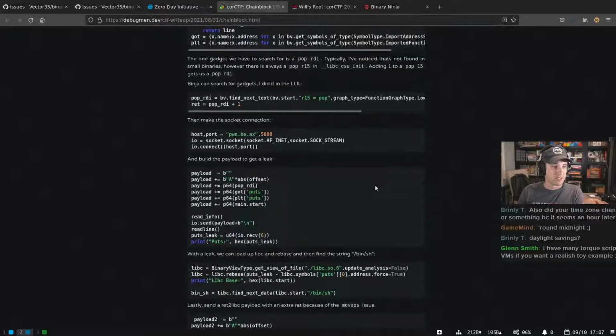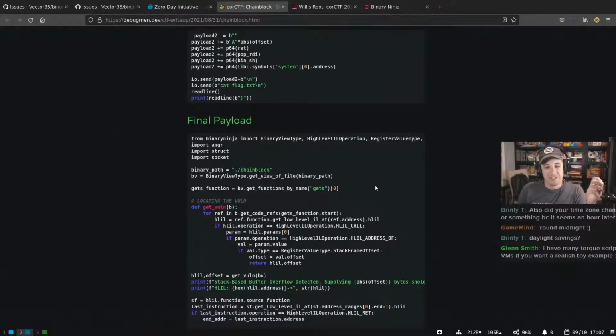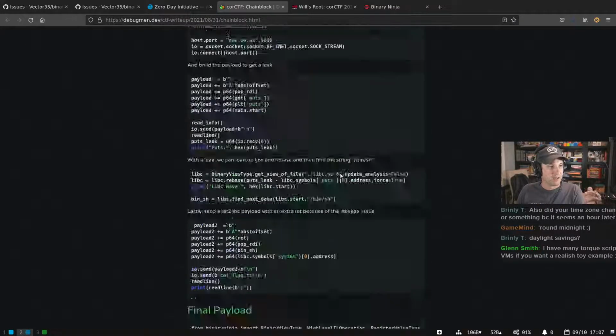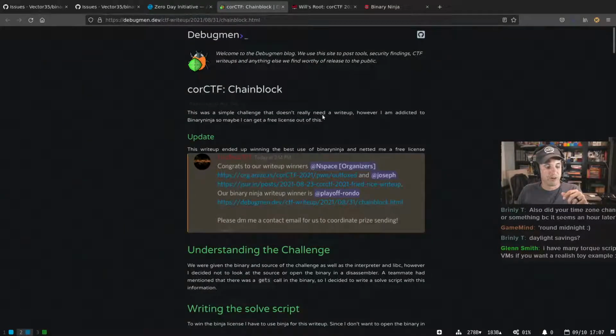So it's a really nice write up of, and the entry level explanation is the challenge is not hard. You could just sort of do it by hand, but it's a neat story of how you would integrate these tools together. And I agree, I think it was a nice write up. And in fact, they won a free license for Binary Ninja, as we occasionally sponsor CTFs and write ups that use Binary Ninja or even Binary Ninja Cloud. That's the key trick, because this person even mentioned, I won a free license, but I had to use Binja to get it. You don't have to have a commercial license. You can have a cloud license, so you can do it that way.